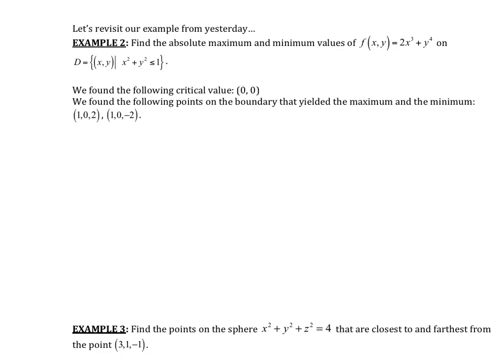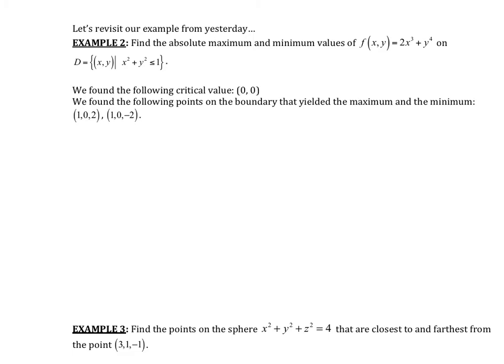All right, let's revisit an example that we did yesterday. The example asked us to find the absolute max and min values of the function f of xy equals 2x cubed plus y to the fourth on the region that was a circle, if you remember that one. I think it was the last one we did. We found the critical value 0, 0, and you can go back and review how we did that. And we also found the following points on the boundary that yielded the maximum and the minimum. And we said the absolute max was 1, 0, 2. And we said the absolute minimum was